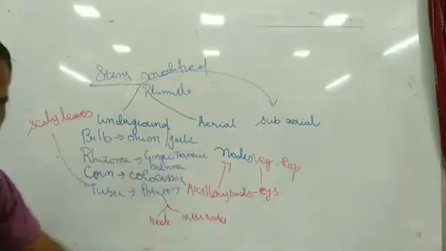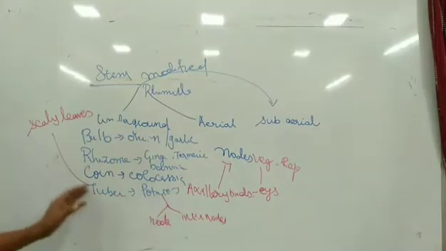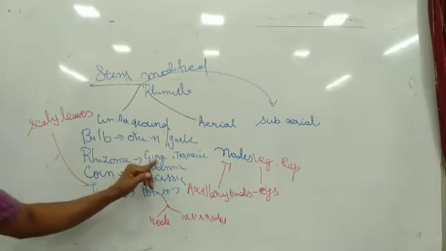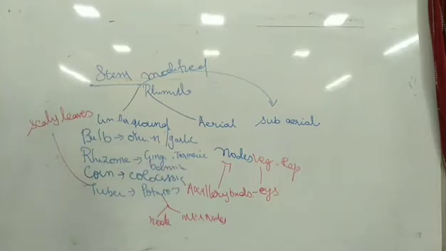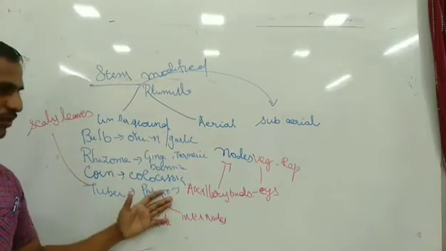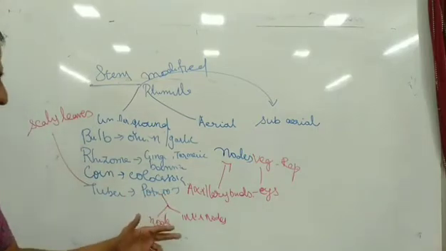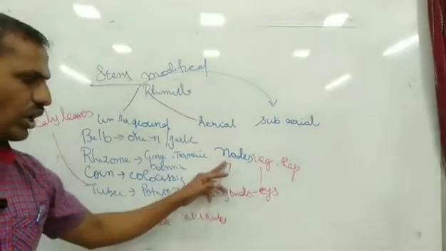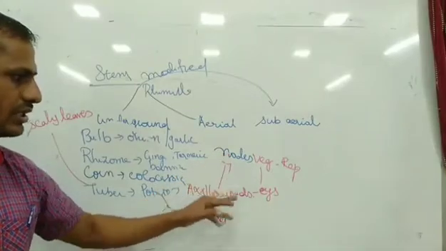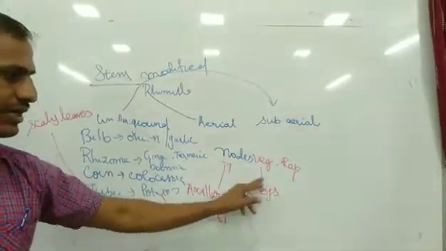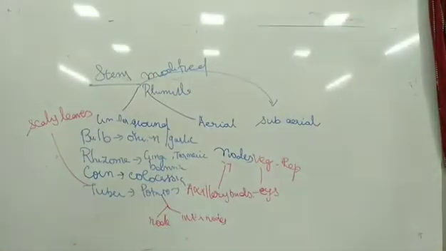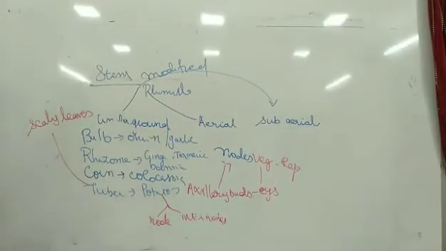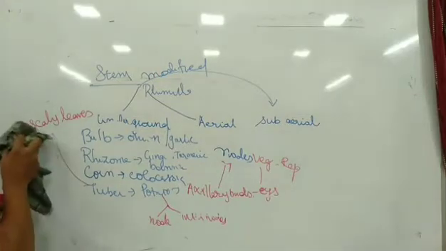This is very essential, because I keep insisting on bulb, rhizome, and corm. Rhizome is the ginger plant, turmeric plant, and banana also arises from it. Corm is colocasia. Tuber is potato, which belongs to the Solanaceae family and has axillary buds. The bud arises from the nodal region. With vegetative reproduction, the eyes are the axillary buds, and they are differentiated into node and internode, so they can bear scaly leaves. This is a modification of underground stem.